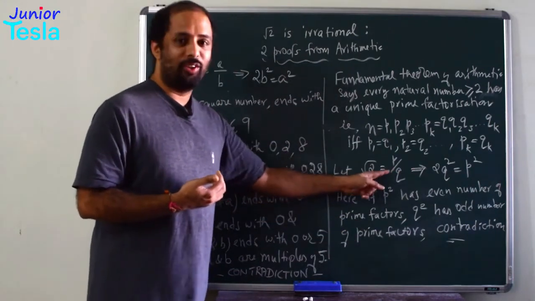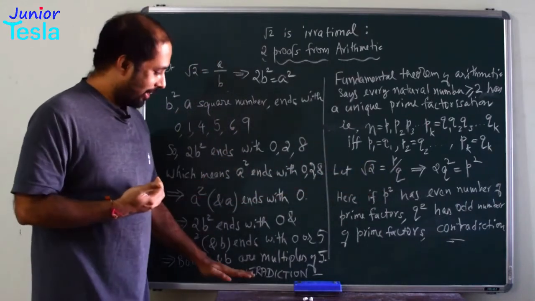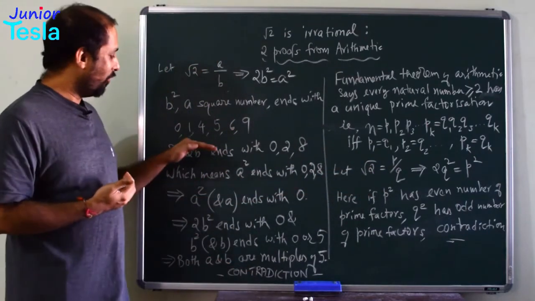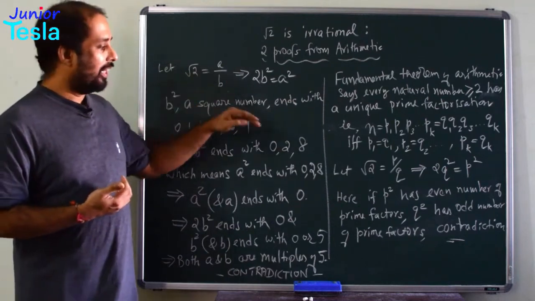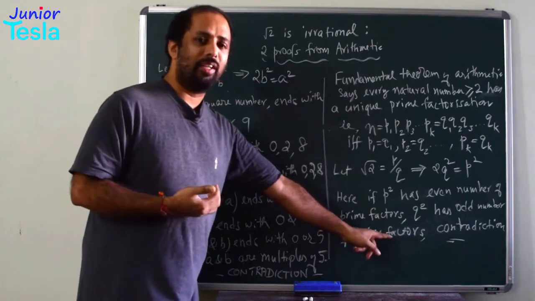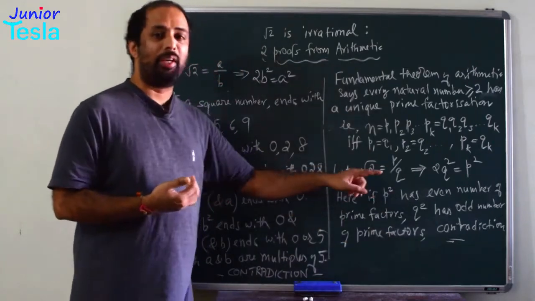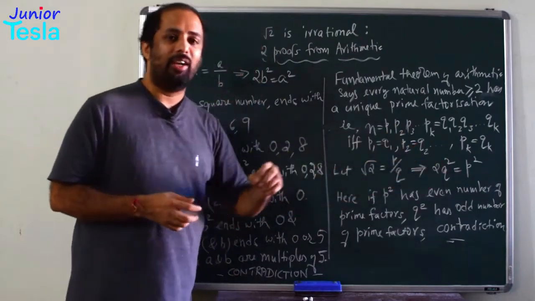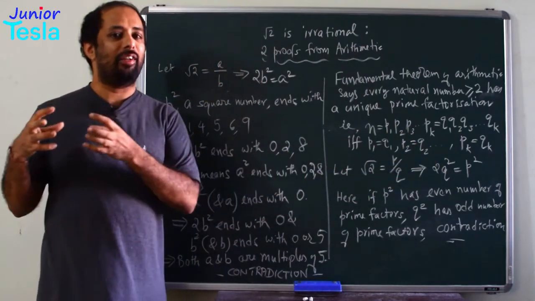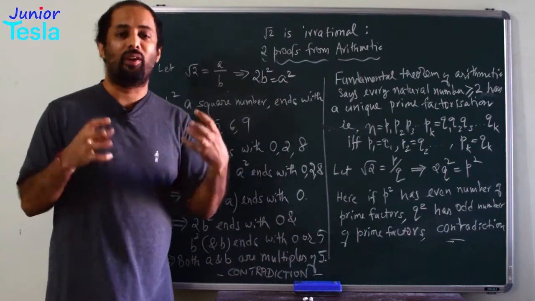and that is why we can say, see, it is not the contradiction for this, okay? See the difference here. Here this final conclusion is a contradiction for this, that is root 2 is equal to a by b. But here this final conclusion is not the contradiction for root 2 equal to p by q. What we are saying is, on one side we have an even number of primes and on another side we have an odd number of primes, that is why they are not equal.